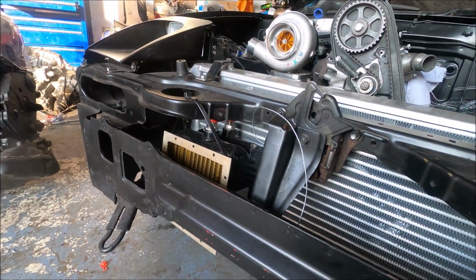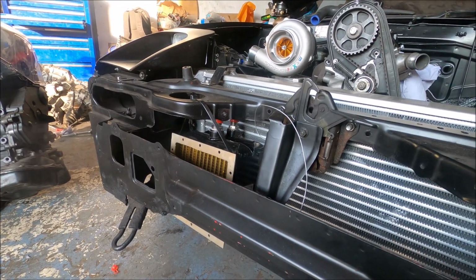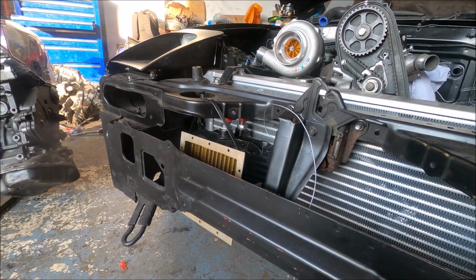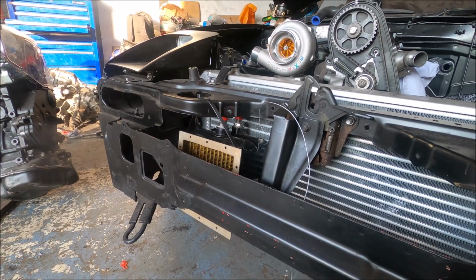I might do that later, but at least I can do that because that can be MIG'd up brackets. I don't have to do any TIG welding for that, because that's what I've not learned how to do yet,